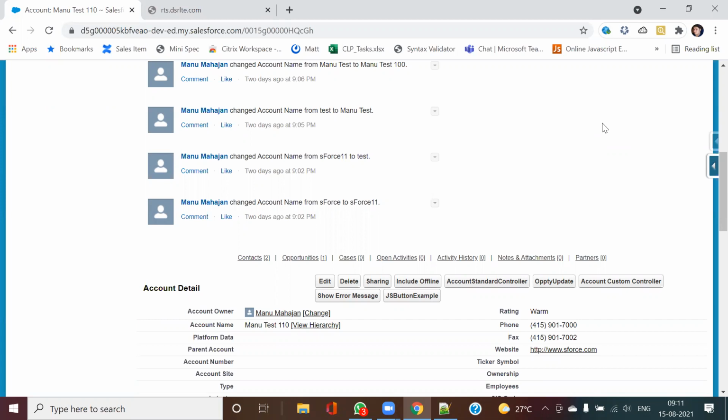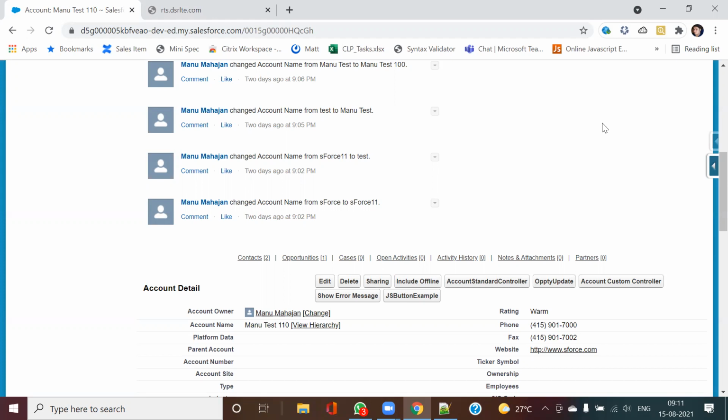Another example for a custom controller: I have a Salesforce system and need to call another system, maybe SAP, so I need to make a callout. There also the custom controller will come. Another example: before calling the other system, maybe SAP, I need to do some validations in Salesforce.